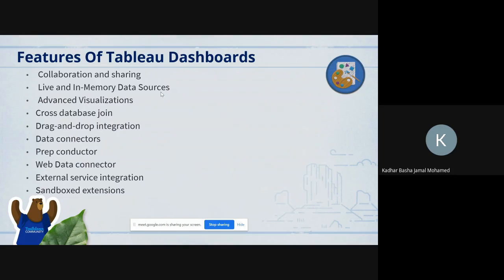What all are the columns we need in this single sheet? So we can create the lookup relationship between the two data sets and create the cross database join. Drag and drop integration, we can integrate those things by simply dragging and dropping into the canvas. We don't want to put much effort into any coding part. We simply drag and drop into the canvas.